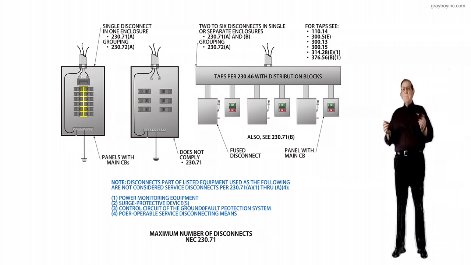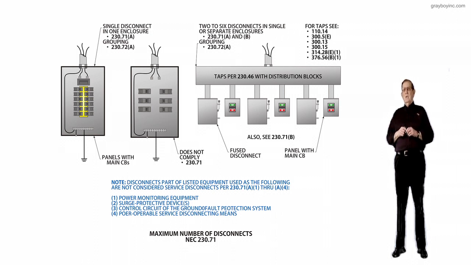But now, as a reminder of what to look at, let's look at the note. Disconnects part of listed equipment used as the following are not considered service disconnects for 230.71(A)(1) through (A)(4). Item 1, monitoring, power monitoring equipment. Item 2, surge protective device. Item 3, control circuits of ground fault protection system, not considered. Item 4, power operated service disconnecting means. Now, those things are not considered the disconnects that we're talking about in